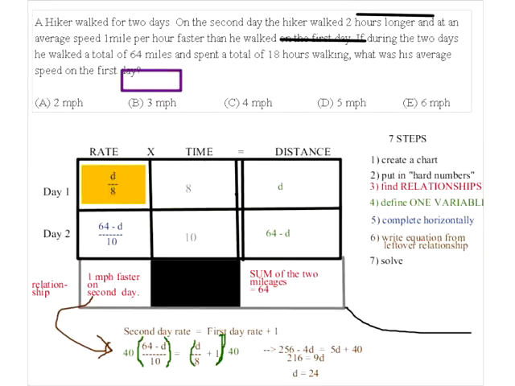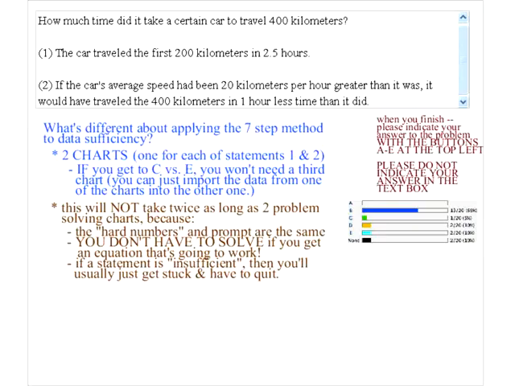So what I mean is, if it's data sufficiency and you see this equation, you're done. You can say, look, I know that has a solution. I don't have to solve that. Whereas on problem solving, you've actually got to grind it out. You've got to do the multiplication, get rid of the fractions, collect the terms, do the division. You have to do all this work. On data sufficiency, you don't have to. As soon as you arrive at an equation, you're done.